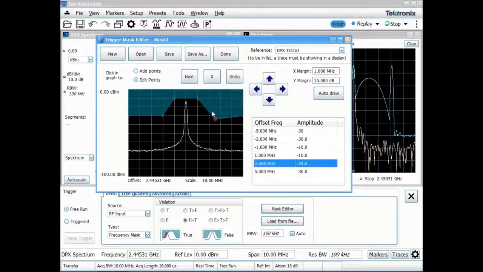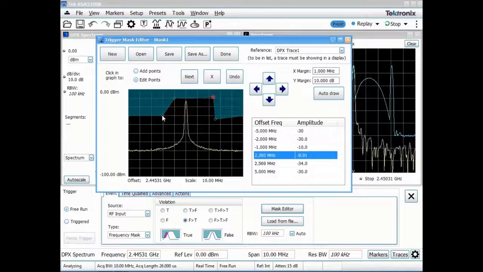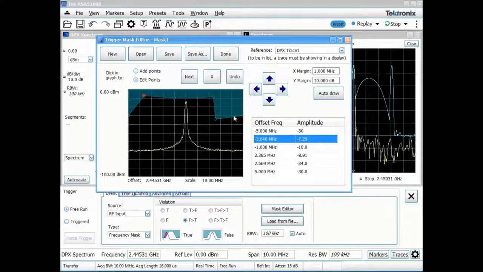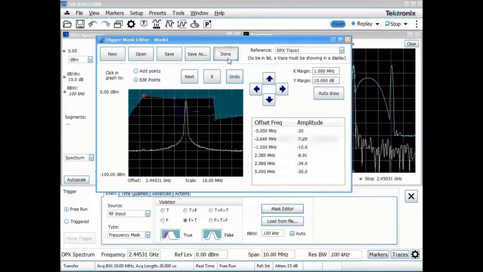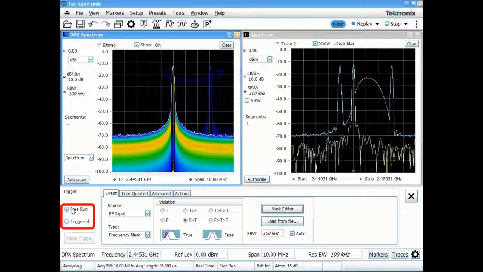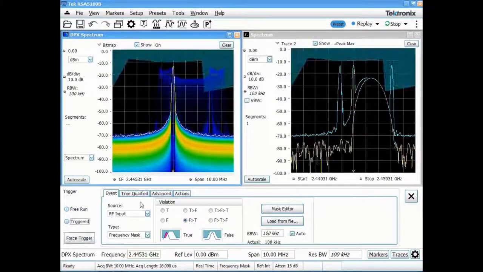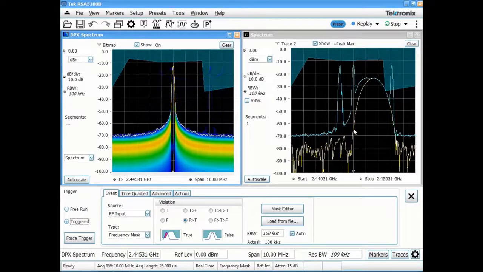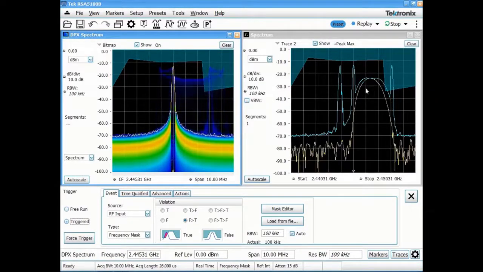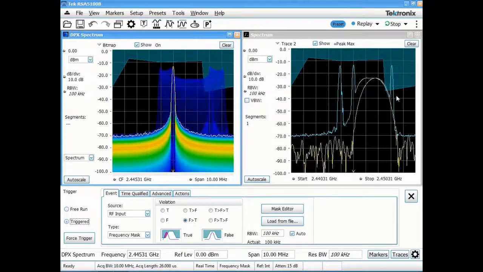So I'm just going to adjust a couple of points on the mask over here, get this one up out of the way. So now my trigger condition is going to be when the instantaneous spectrum hits that mask. I'll say I'm done editing the mask, switch myself from free run to triggered, and now if we take a look at the yellow spectrum trace, we can see we're capturing data and computing the spectrum when that instantaneous spectrum